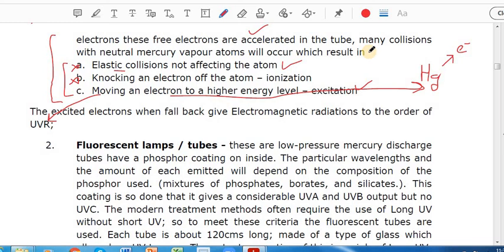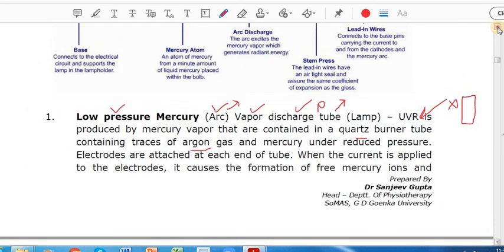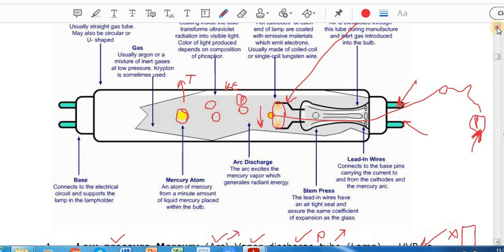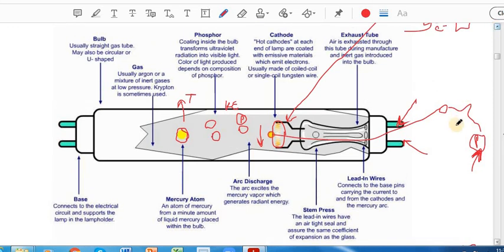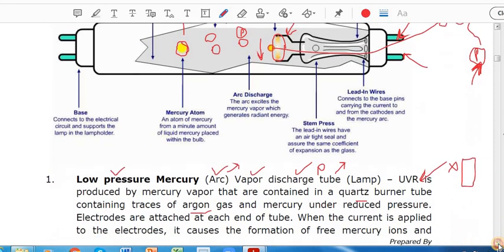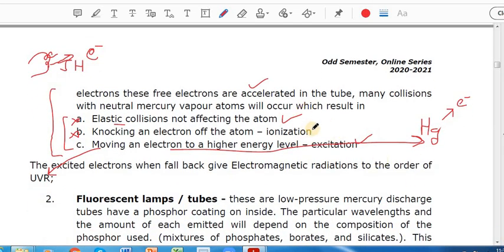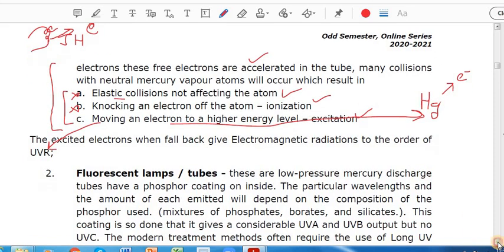So we just make this environment as suitable as possible for the generation of ultraviolet radiation, but we cannot completely control that all the energy given by these electrical terminals is converted only into photonic emission. We will definitely have some amount of heat coming up. We will definitely have some amount of knocking, the ionization of mercury. So that will always be there. We cannot stop it. So this is the basic lamp, and we call it a low pressure lamp.